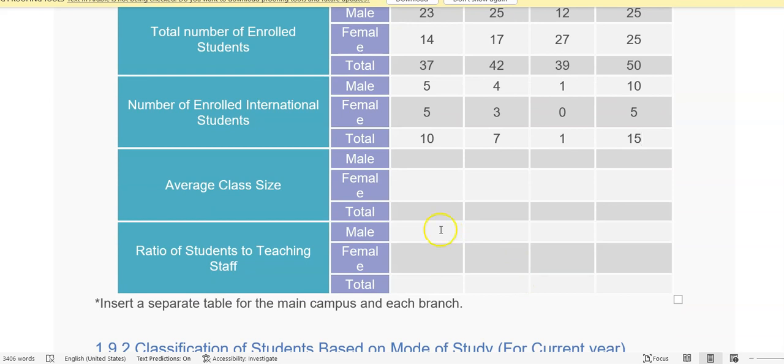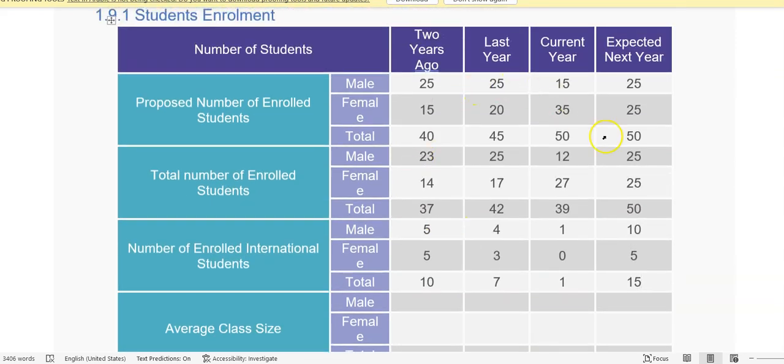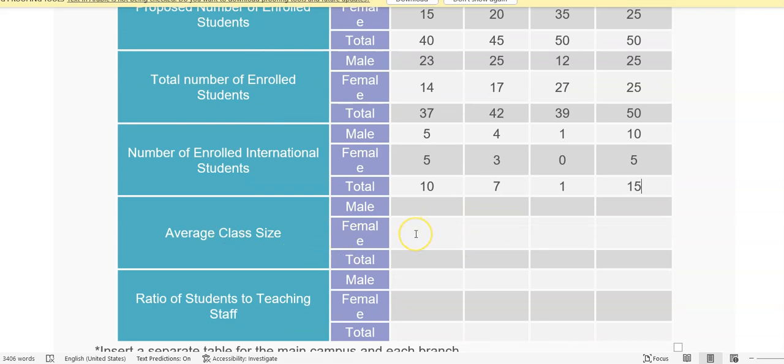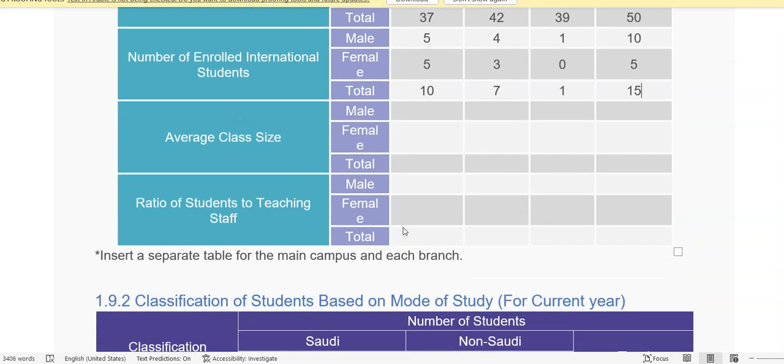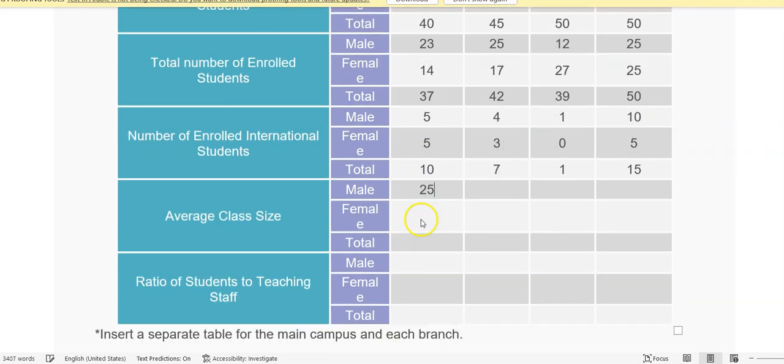Now average class size. You have to divide the total number of students. This is enrolled students. They are not the total number of your students. They are enrolled new students. Average class, the total number of students over the number of faculty members. The number of classes and faculty members, of course. It also depends, because the cohort you have enrolled is about 25, I think 25